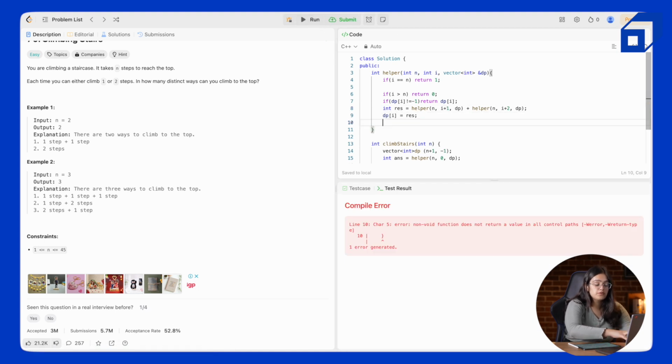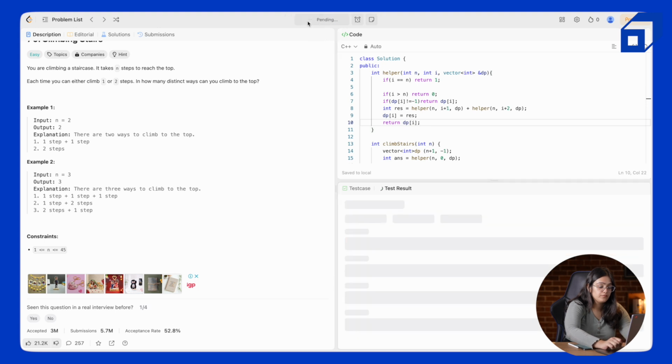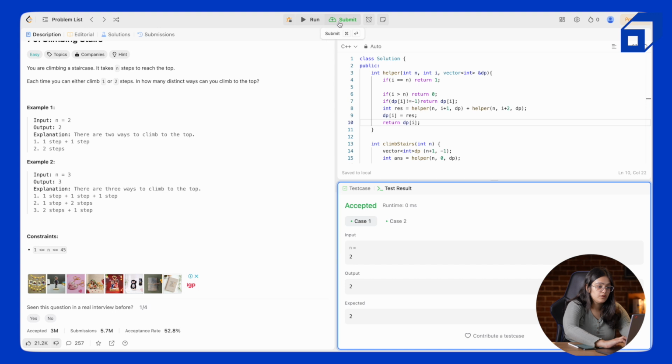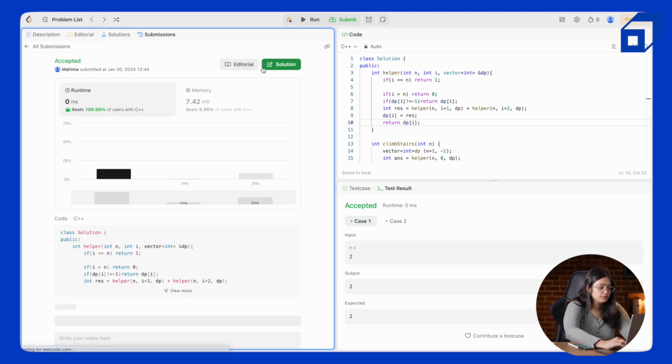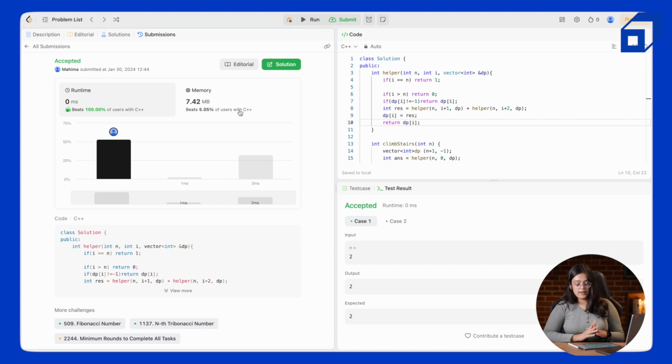Okay, so we have to return from this function. So what we'll do is we'll return dp[i]. Now let's try and submit. So this got accepted. And why it got accepted is because the time complexity is significantly reduced when we memoize